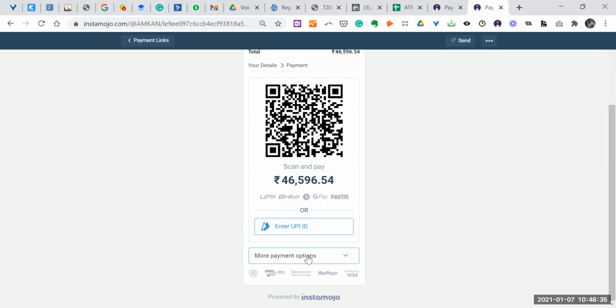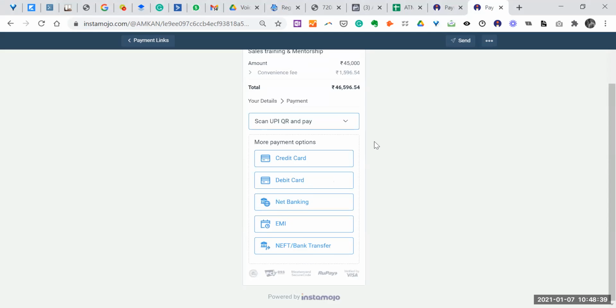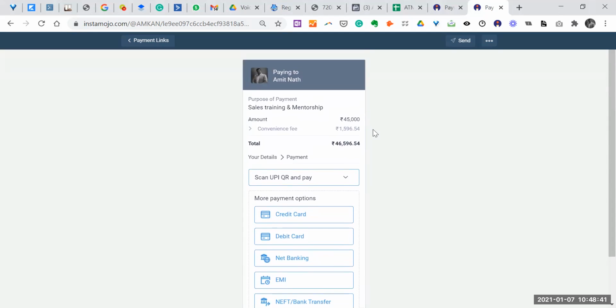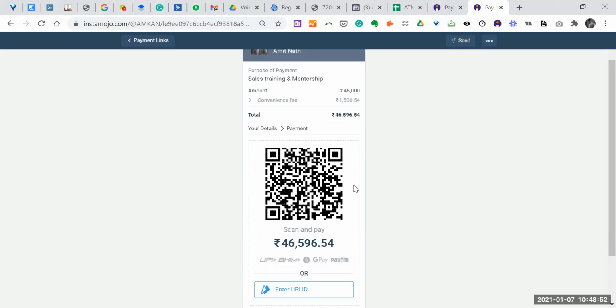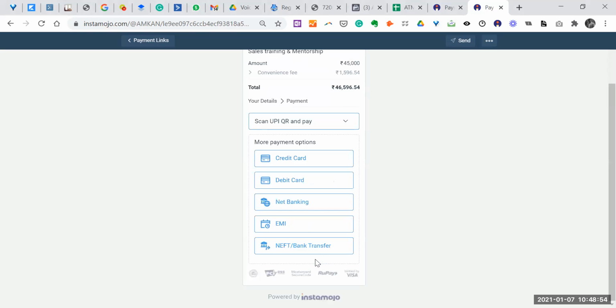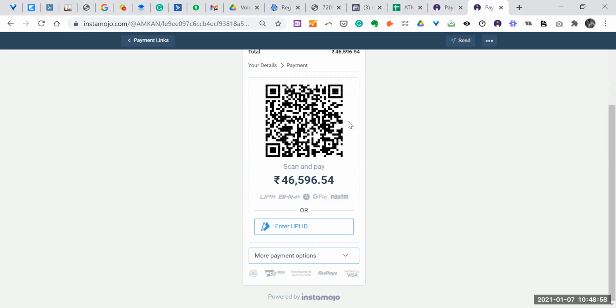or else you can use something called more payment options. Once you go down and use this more payment options, this is the page which is going to open up. Here you will find the banking details. This is for the complete EMI structure. I'm going to show you the step-by-step process of how you can go into this part, click more payment options, and now you can click here,